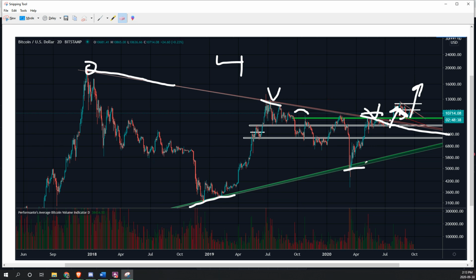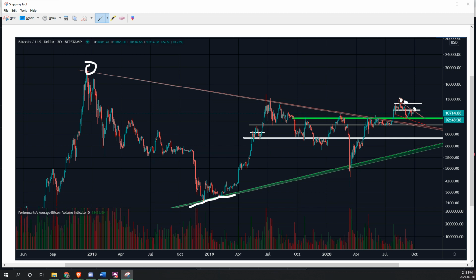Let's get that a little bit cleaned up. And then if we're going to talk about this a little bit more, we do see a high right here, a lower high, and a lower high. So now we're connecting the lower highs, and we're getting a slight descending wedge right here after our impulsive push. You could call it a bull flag if you'd like, but ideally we're looking to see this 10K zone hold,